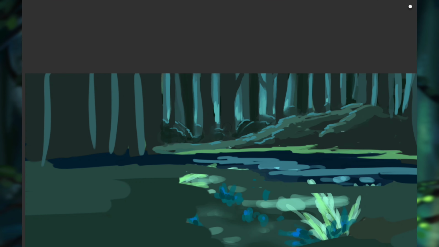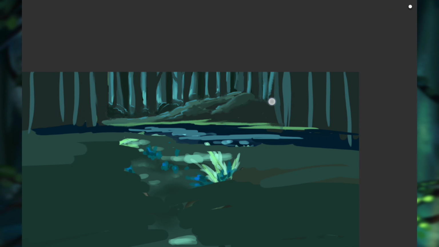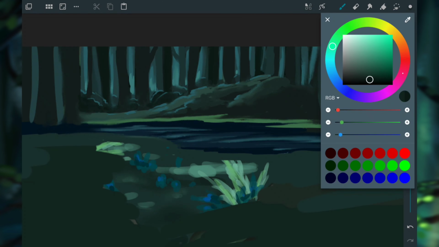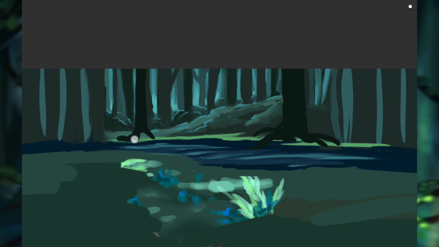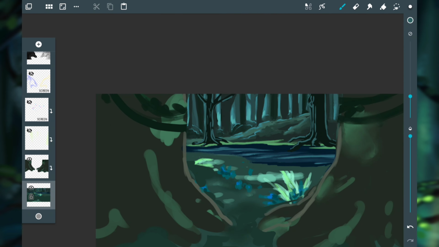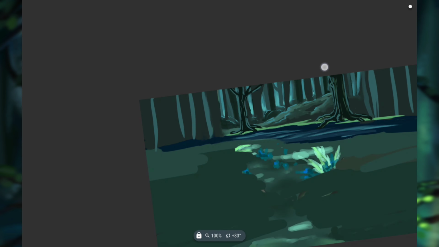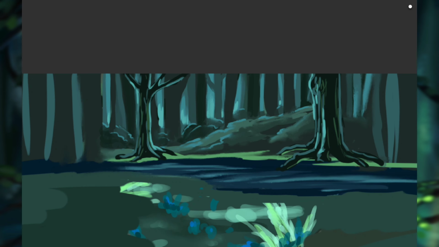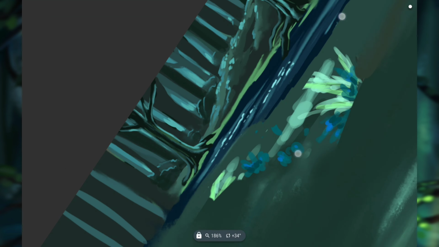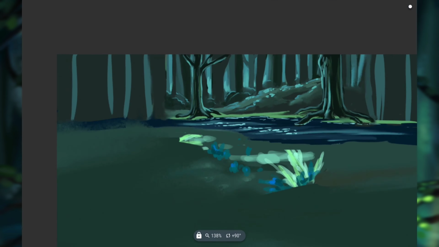I did really like doing these faraway trees. Faraway trees are just kind of fun to do because you kind of just slap a bunch of lines down. I do add a little more detail to them a bit later on, which I think really makes them pop. But there's just something nice about painting shadowy trees in the distance, and I liked how this bush turned out behind the darker trees. It was just really satisfying, and the river's kind of cute too.